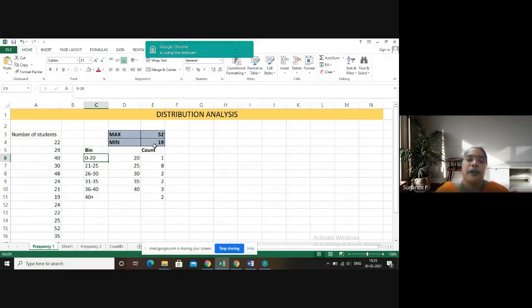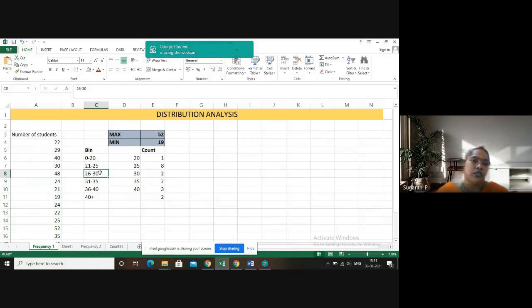Here, since the minimum value starts with 19, I have separated the first bin as 0 to 20. Imagine if the minimum value is 10, then you can fix the value as 0 to 10 or 0 to 5, 5 to 10, etc. So it is based on the minimum and maximum value that the bin value can be decided. For this given data, the first bin is 0 to 20. The second bin should start from 21 and end with 25.